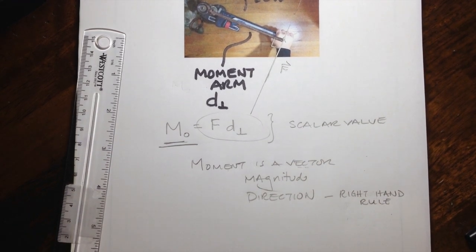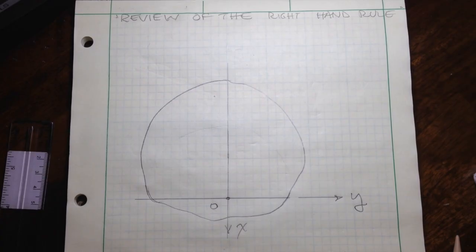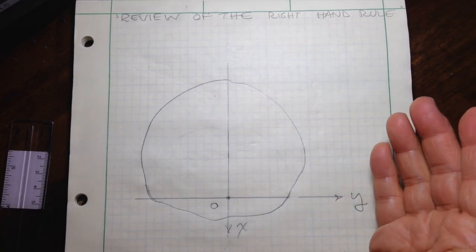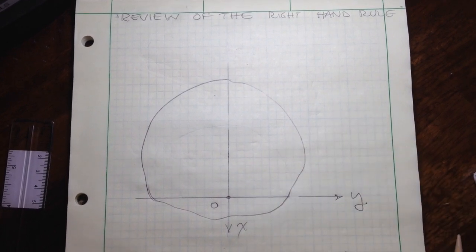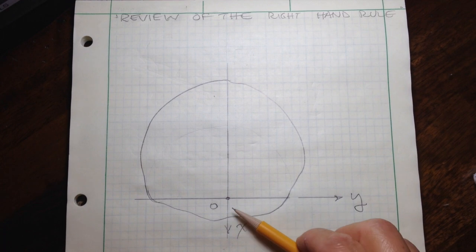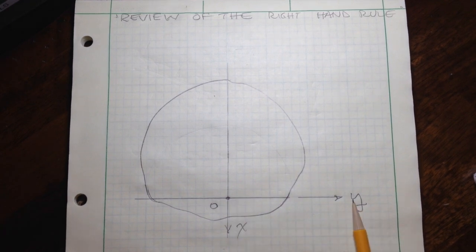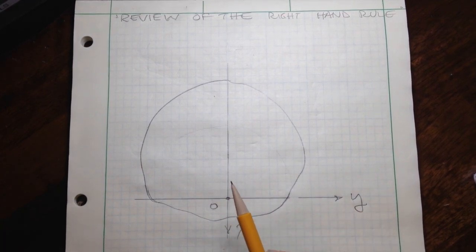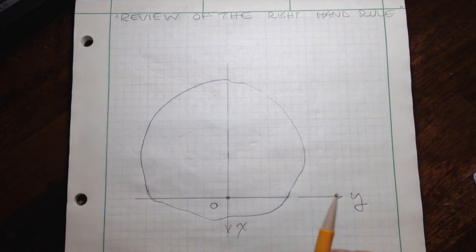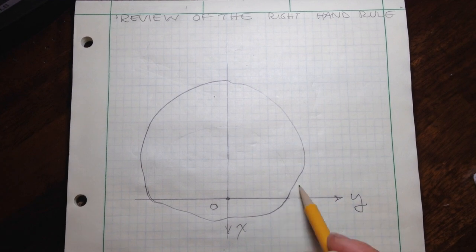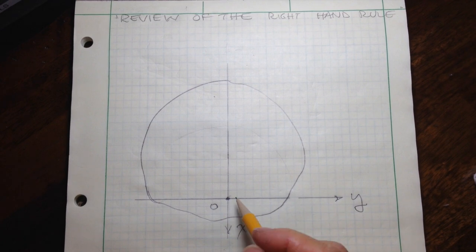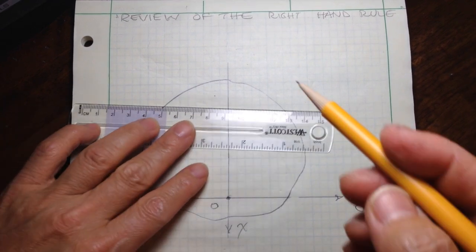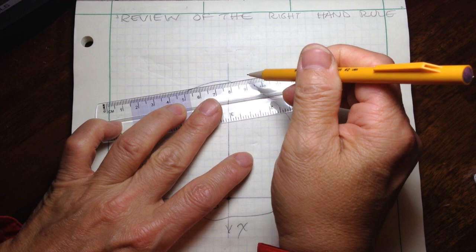Let's review the right-hand rule now. So the right-hand rule means you have to use your right hand to determine the direction of your moment vector. Suppose we have the x-axis downward, y-axis to the right, and z-axis is coming up at you out of the page, and we'll label that point as point O. And let's say this is some kind of structure, and it's pinned at point O. And let's say I apply a force